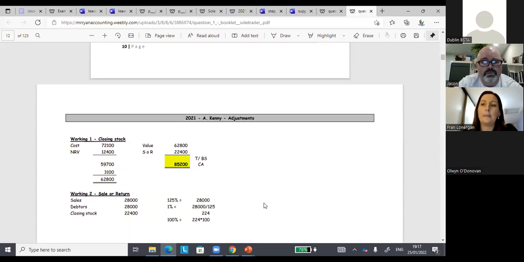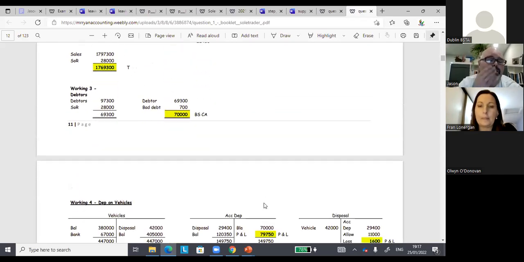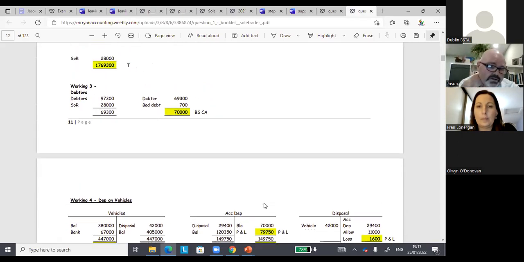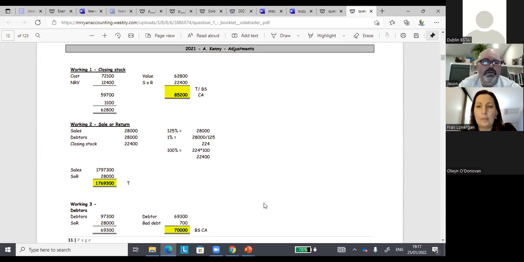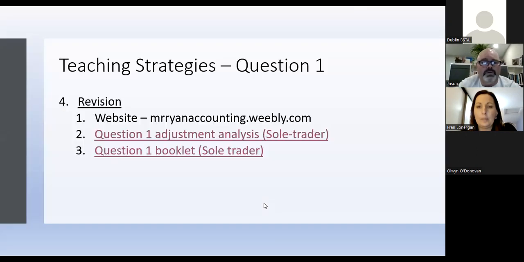So they have one booklet that they can use. I print it off two pages on one, back to back, and condense it down. They found that very beneficial this year.